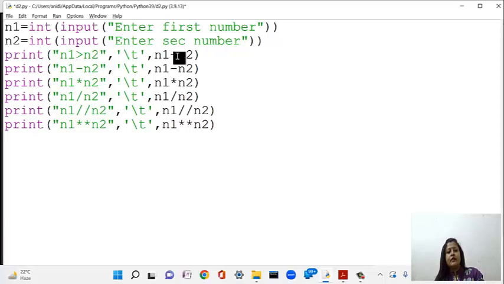Now relational operators work with two variables, and they return the value either true or false. So greater than, less than, and we have greater than equal. Greater than and greater than equal are almost the same, either it can be greater or it can be equal. If both the values are same, it will return true. I will show you everything practically. And less than equal,